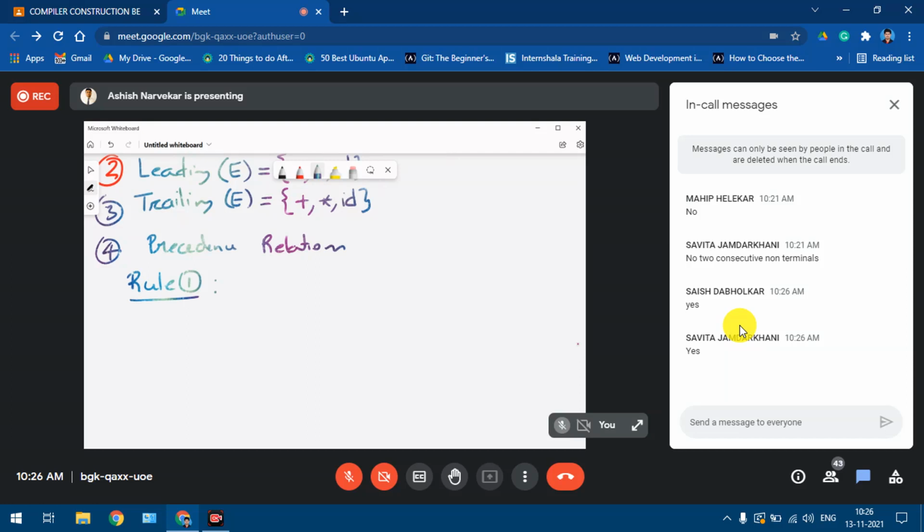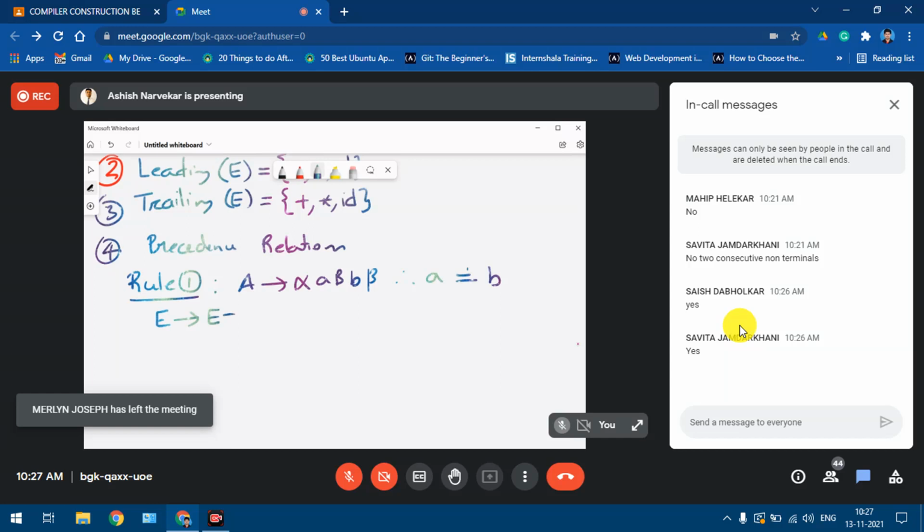Rule number 1 says if there is a production of the type A derives alpha A capital B small b beta, therefore A has equal precedence with B. Correct? So as per this, if we go to our production, which is E derives E plus E, in this case, do we have anything of this form?